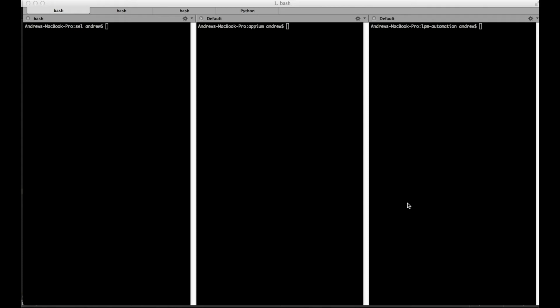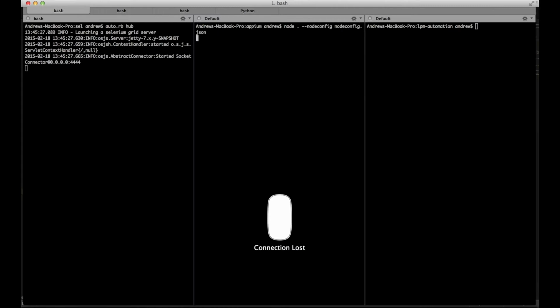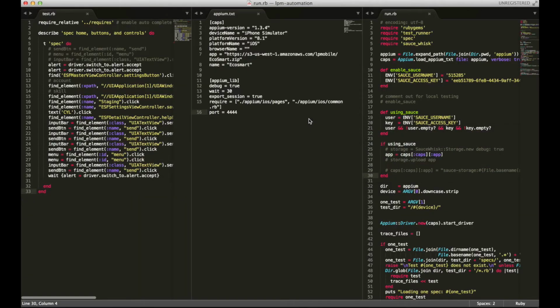It's going to be a demo of mobile UI automation using Selenium, Appium, and Sauce. So we're going to set up our Selenium grid to get started. We have our Appium server here. Our Appium server is starting off with the capabilities